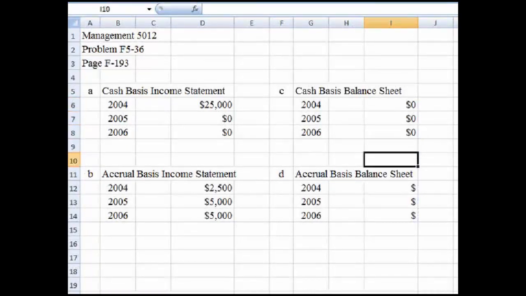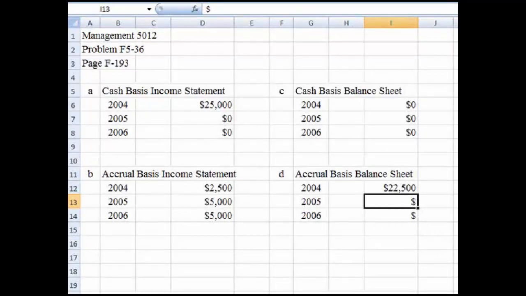Requirement D is probably the most difficult of the 4 requirements in this problem. But by using formulas in the cells in the Excel spreadsheet, we can make it much easier. If a balance sheet was created on the day the machine was purchased, it would show an asset value of $25,000. During the balance of the year, it has already been ascertained that the depreciation on the machine will be $2,500. Therefore, at the end of 2004, the balance sheet will show a net asset of $25,000 less $2,500, or